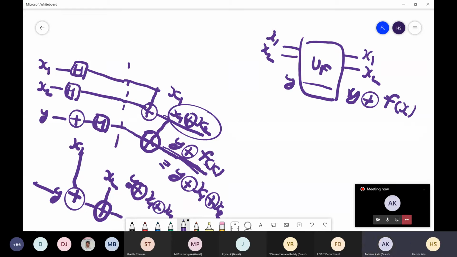Change it back. So I have told you earlier that this CNOT is basically self-inverse. If I apply again a CNOT here from that same direction, x1 to x2, then what will happen? It will be x1 XOR again x1 XOR x2, so that will be x2. Yes, sir. That will also work.